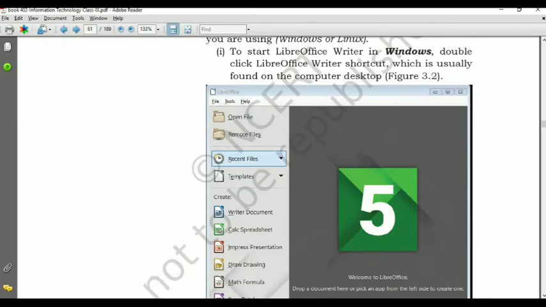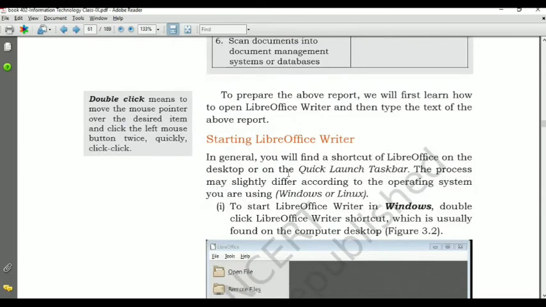So this year CBSE doesn't want to change this book. Is it clear? So we have to follow this book. Book name is 402 Information Technology, class 9th. I will provide the link of this book in the description of my video. You can download it from there also. So start the session.